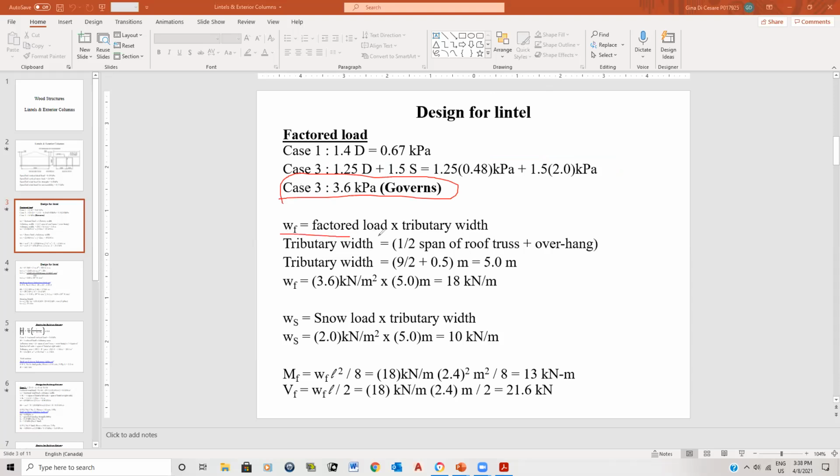Now, WF is equal to your factored load times your tributary width. And here I say half the span plus the roof overhang gives you your tributary width. So if you go back to the diagram here,